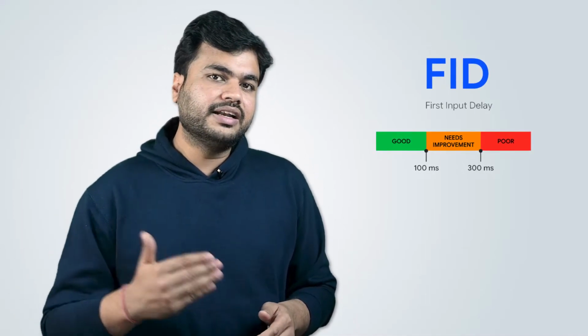This strategy can be a little bit technical, but don't worry, once you send this to your developer, they'll understand it very well. And the strategy is reduce JavaScript. If your report shows a poor FID score, that is first input delay, it means that your page interacts with users over 300 milliseconds. You should consider reducing it and optimizing your JavaScript implementation. This means that the time between your browser executing JavaScript code and the page is reduced. It is also essential to use as little memory as you can, because whenever your site's code requests the browser, it reserves a new memory that stops the JavaScript and might slow down the page.